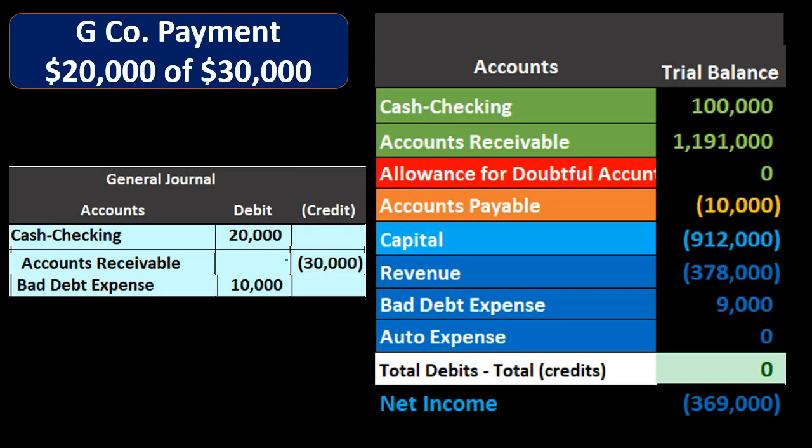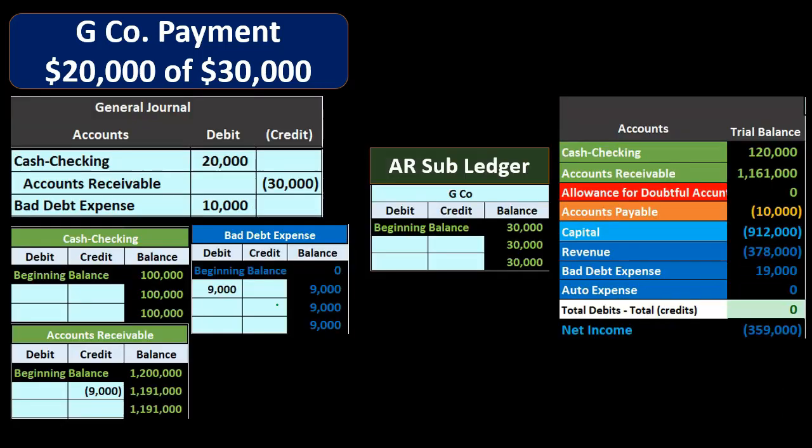They don't owe us anything anymore because we gave up on the other $10,000. Then we have to decide how we're going to even this thing out. We do so with another debit. If we then post this to our general ledger accounts and our subsidiary ledger, and then we'll take